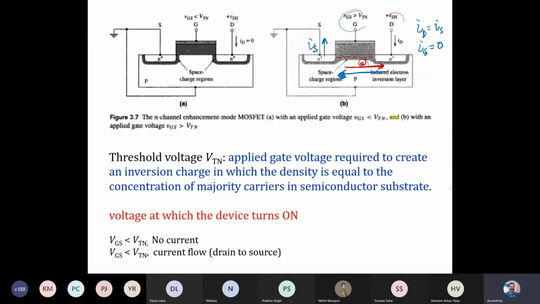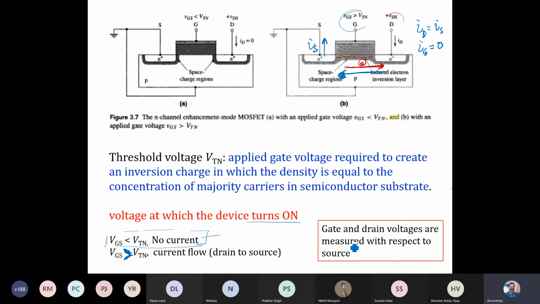I discussed the threshold voltage: if the voltage at the gate terminal is less than the threshold voltage, you won't see any current flow. And if VGS is greater than VTN, then you will see the current flow from drain to source here. So let's consider.